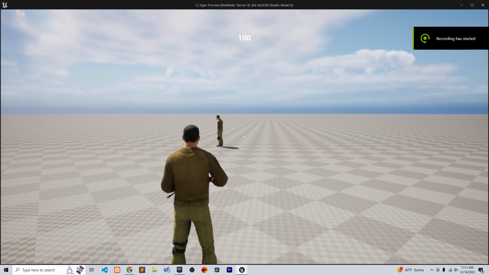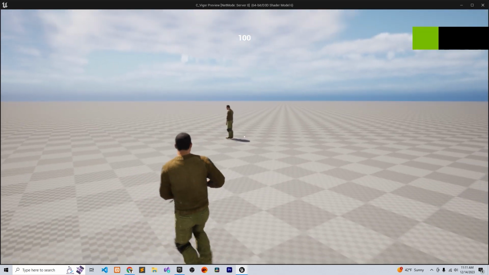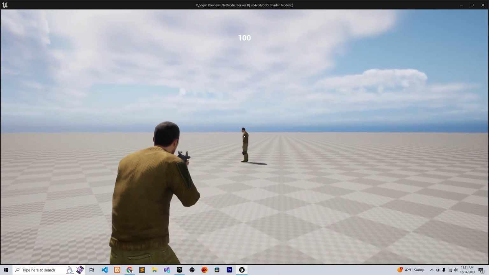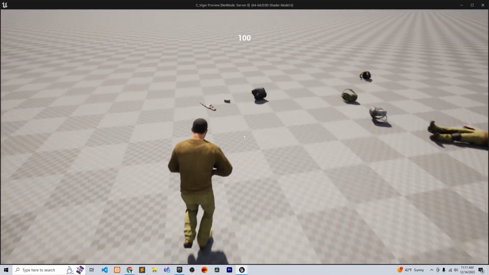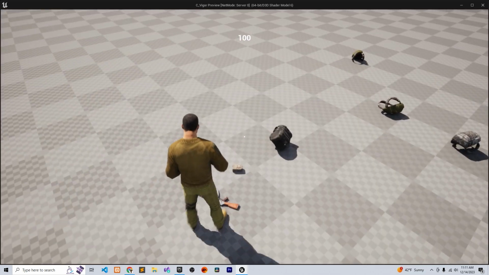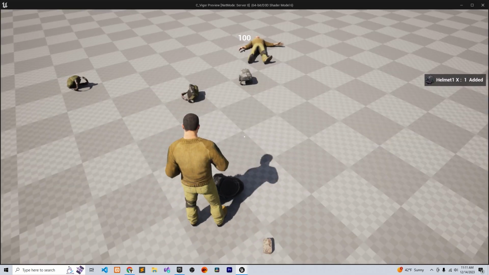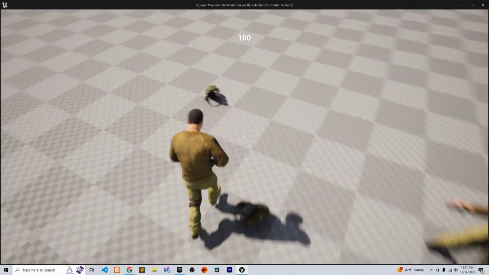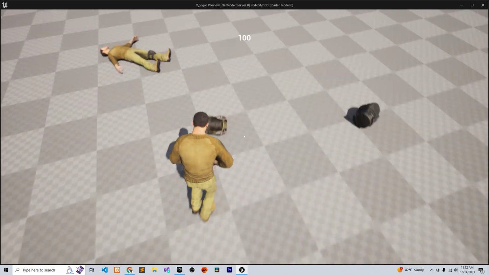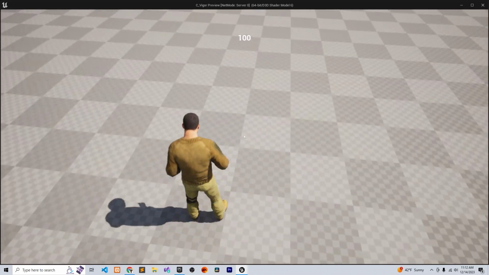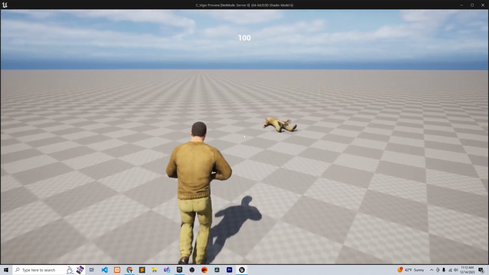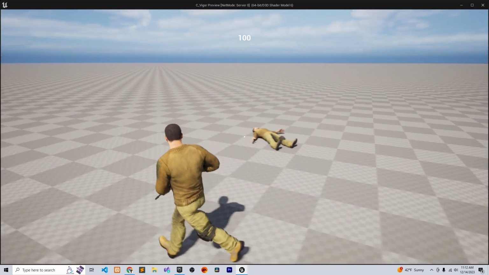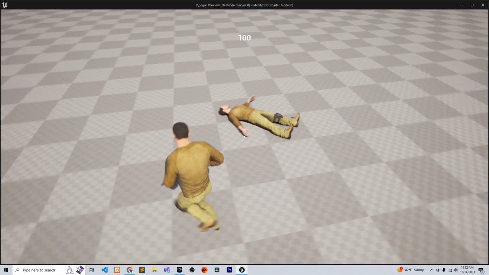Hello, welcome back. The last time we left off, we can pick up a weapon, run around, and shoot the player, and they will spawn whatever item the player had on them and we can just go and pick them up. Okay, so in today's lesson we're gonna take care of the respawn, because right now he's just laying on the